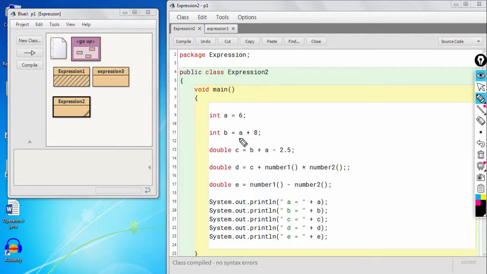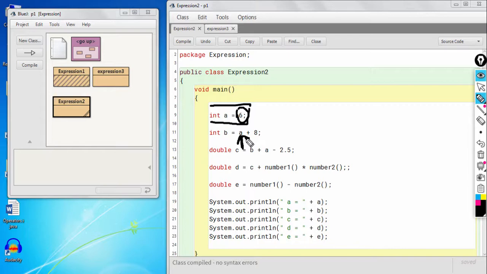Then we have variables. Okay, for example, this a here will give you the value 6, isn't it? a is storing 6, so when you use a here, it will give you the value 6. Okay, so variables also give you a value. That means you can call it an expression.